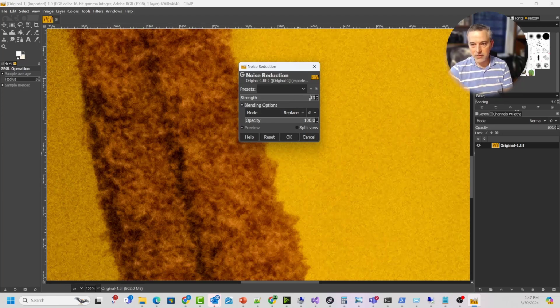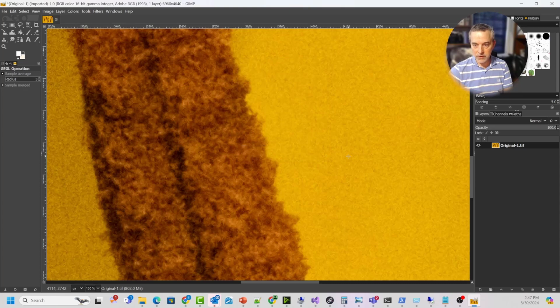This is basically the strength of it, and it gives you the ability to set the opacity. So basically the blending mode is how much or how little of the denoised layer do you want to have versus the original. And so that's kind of what that's giving you. So if you want to preserve detail, but it's going to also preserve noise, you can set the opacity to lower, but if you don't want any of that represented, you just want the denoised image, you can set it to 100 and then click go, and it's going to denoise the image the best it can using an algorithmic